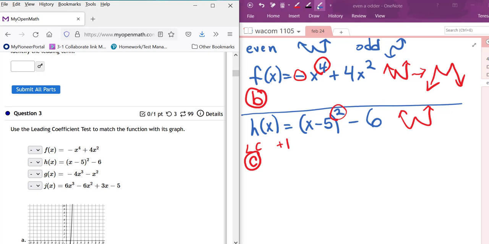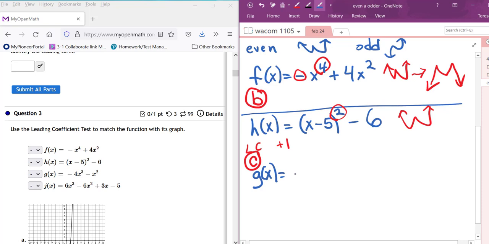Our next one, g of x equals negative 4x cubed minus x squared. So you want your degree, which is 3. That's odd. So basically it's going to be a cube graph,